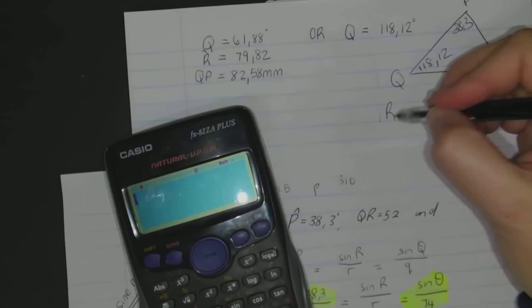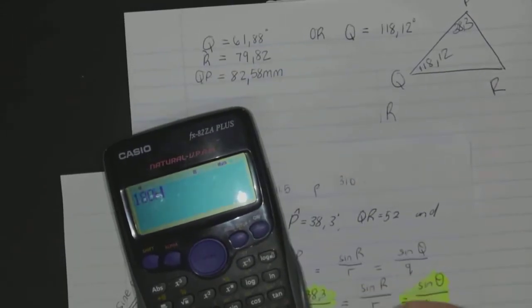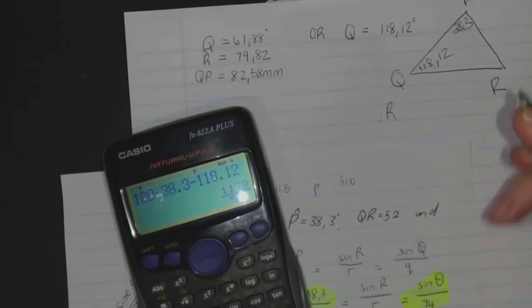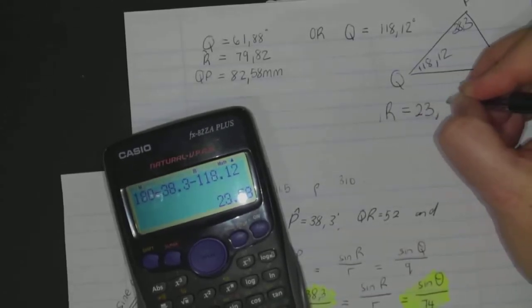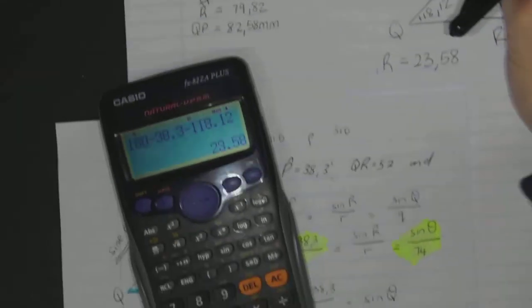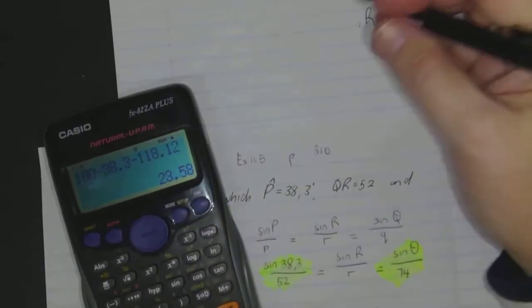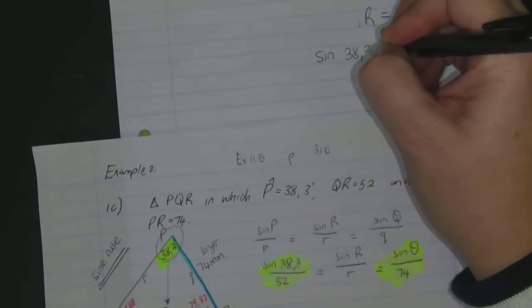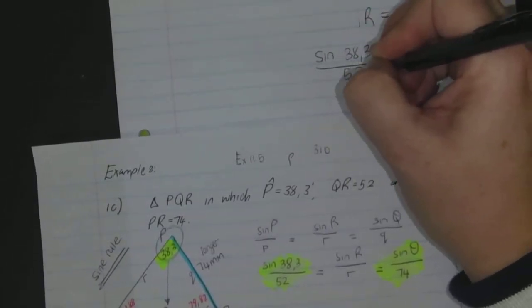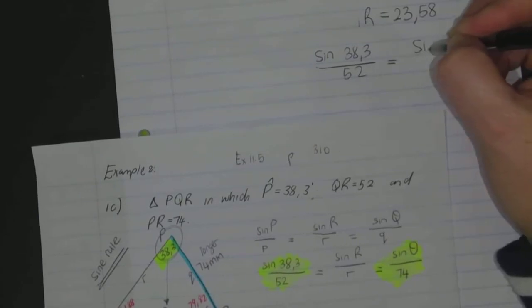So R I could get by saying 180 minus 38.3 minus 118.12. So R could also be 23.58. Okay, which means that I could have had sine 38.3 over 52 is equal to sine